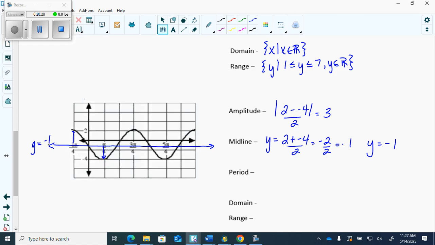The period, we start at the y-axis, past a min, past a max, back to that height. And it's pi over 4, 2 pi over 4, 3 pi over 4, 4 pi over 4, which is just pi. x such that x is an element of the reals. Y such that negative 4 is less than or equal to y is less than or equal to 2. Y is an element of the reals. Now,